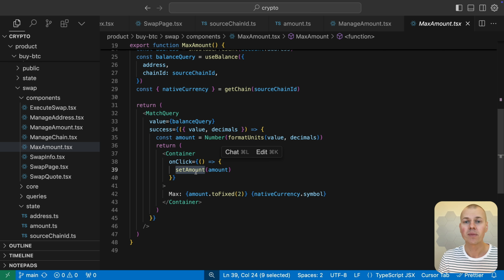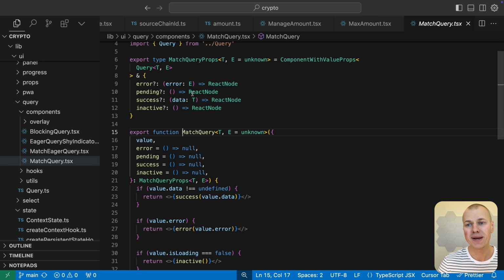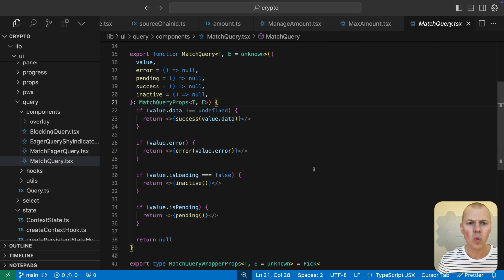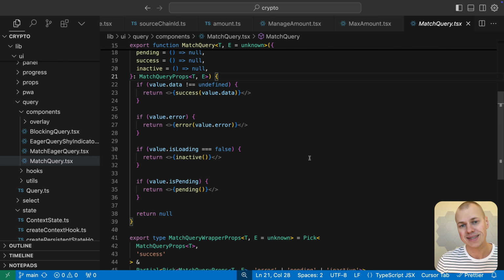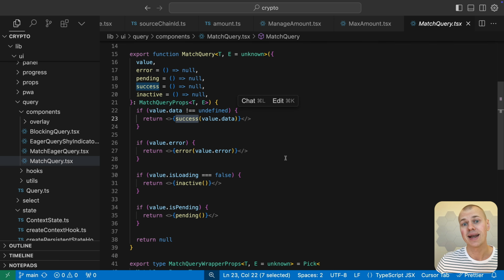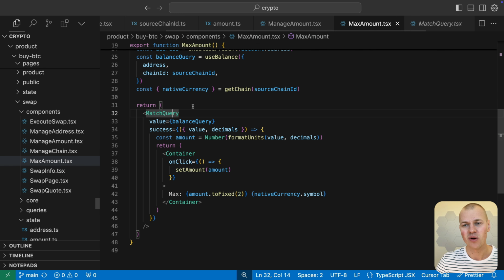The match query component from RisonKit allows us to conditionally render content based on different query states. In this implementation, we only render the max amount suggestion when the balance query succeeds, since displaying this feature is not crucial to the core functionality. If the query is an error or loading state, nothing will be shown, which is acceptable for this optional UI